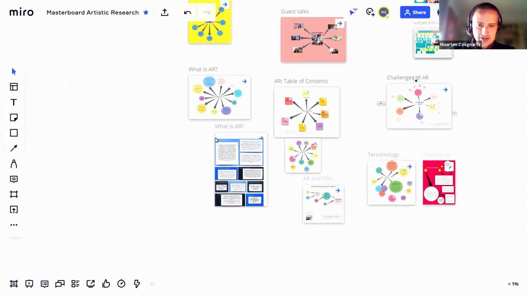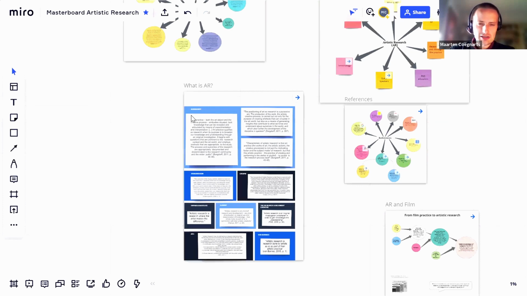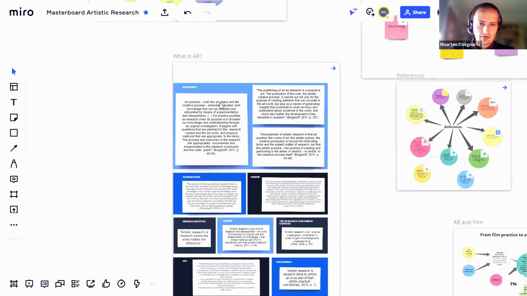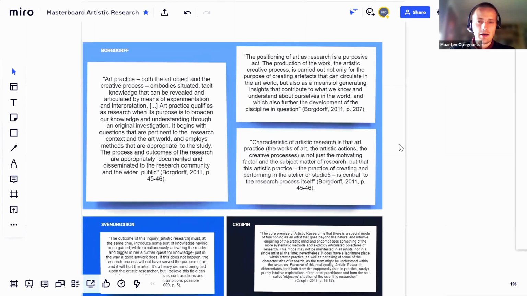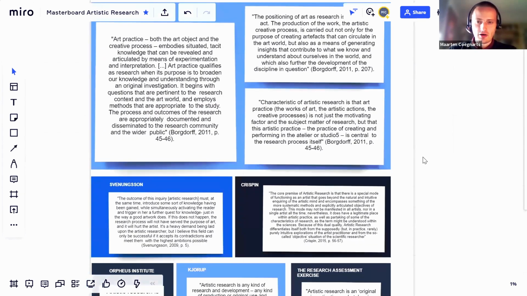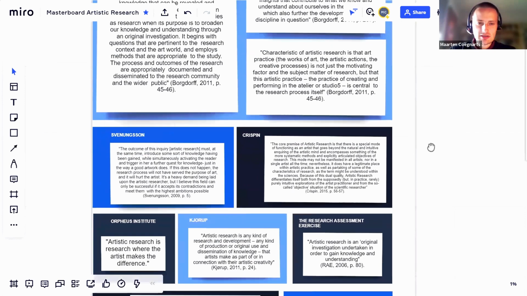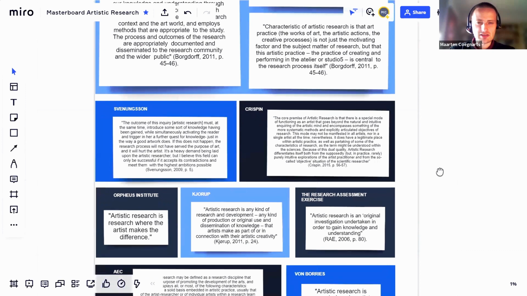If we try to come up with a definition of artistic research, we can go and look through the literature. A lot of definitions and concepts have been provided by scholars. This is an overview of a selection of these definitions. It will take us too far to go into too much detail on these different conceptualizations. But if we want to pinpoint a red thread throughout the discussion of artistic research,